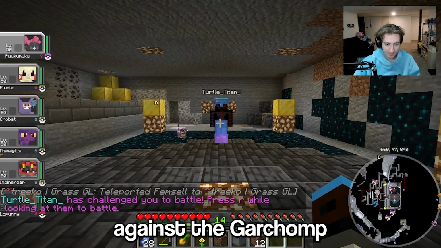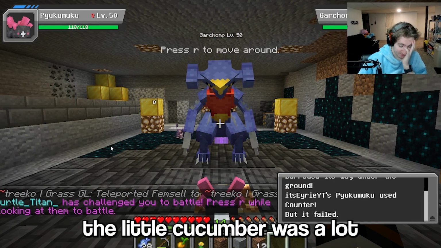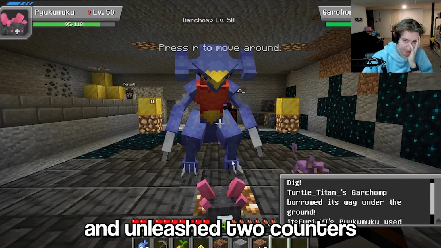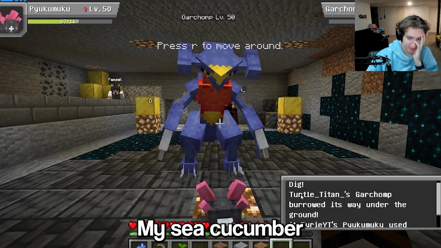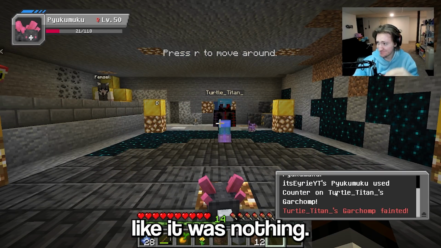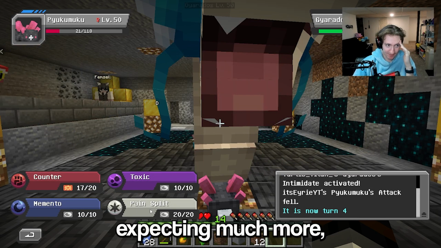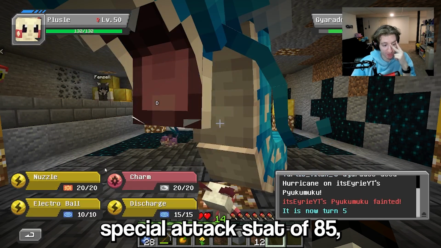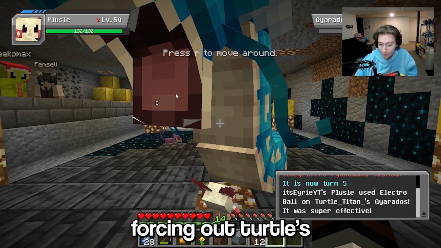I lead off with Pyukumuku against the Garchomp because in reality, I just wanted it dead. However, the little cucumber was a lot bulkier than I remembered. He tanked 2 Dragon Claws and unleashed 2 counters at the Sand Shark, defeating it. That's right, my sea cucumber beat one of the strongest Pokemon in the game like it was nothing. Next in is Gyarados, who swiftly took out Pyukumuku. I wasn't expecting much more, but I have the perfect counter to it, Plusle. Even with its average special attack stat of 85, it easily one-shot the 4 times weak Gyarados, forcing out Turtle's